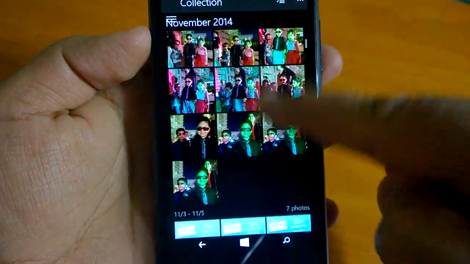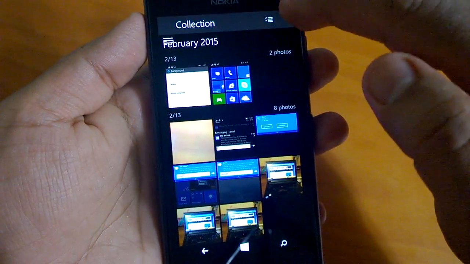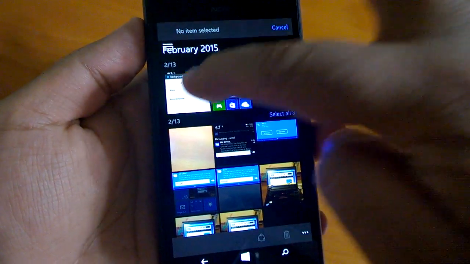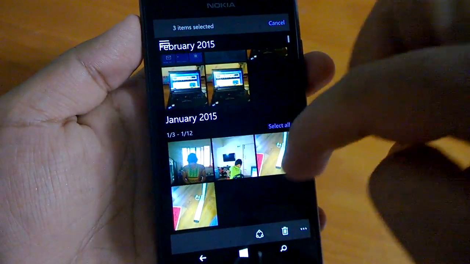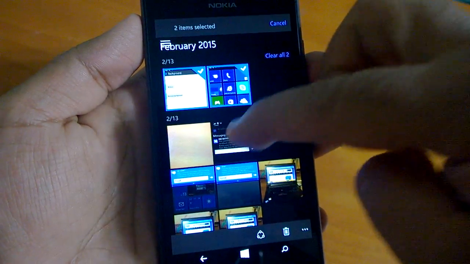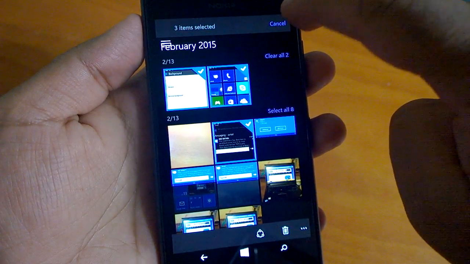So on the same one page you can see both the images. Now you can also select multiple images and then even delete or share from here.